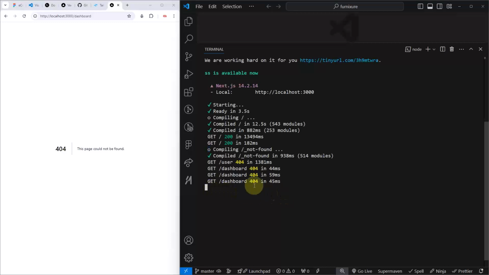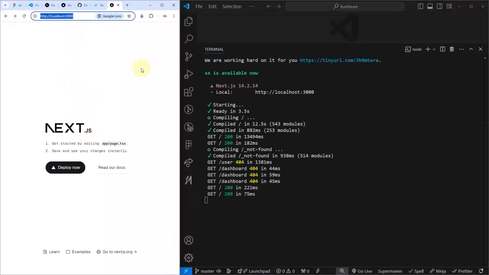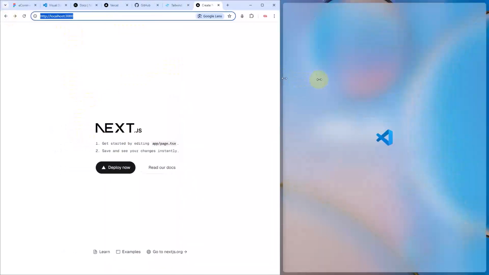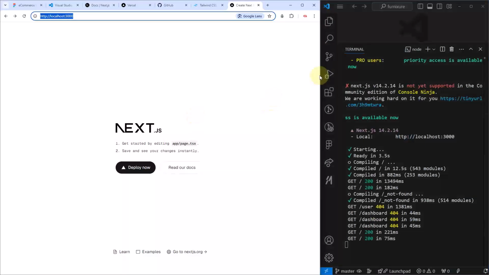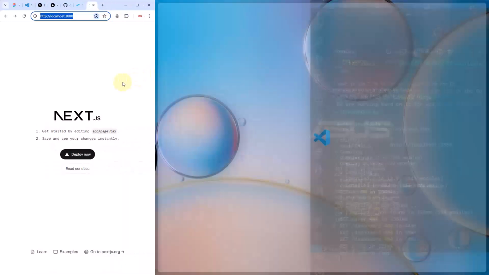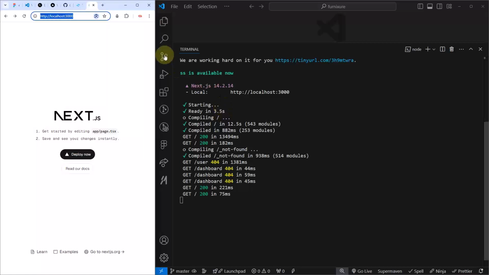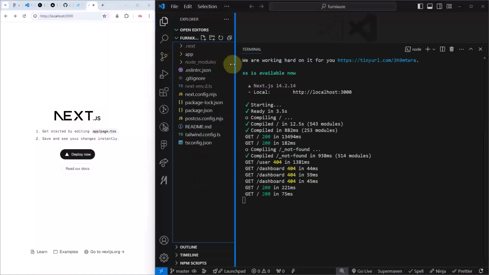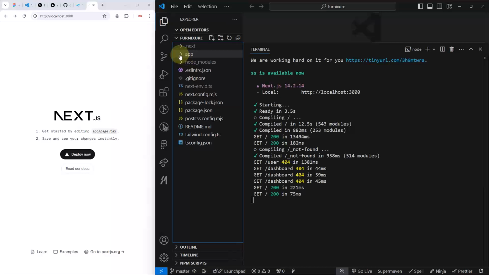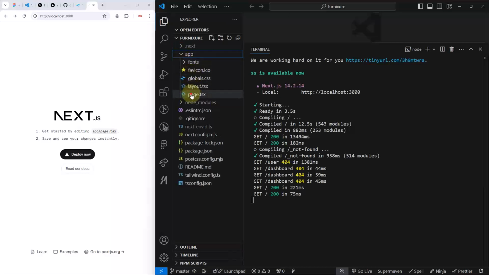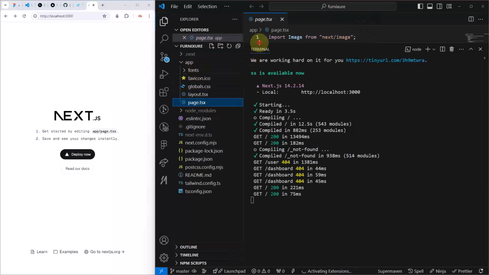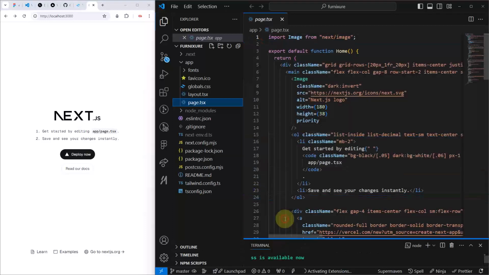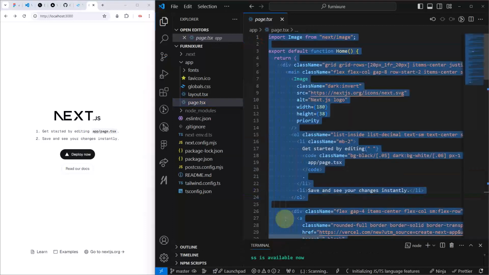So as you can see, guys, we have managed to run our build. We are running our project. Now before we end this tutorial, we are just going to clean this so that it can be an empty project. How are we going to do that? It's simple. We can go here to app, and we can go here to pages, and in this pages we are going to highlight everything and press